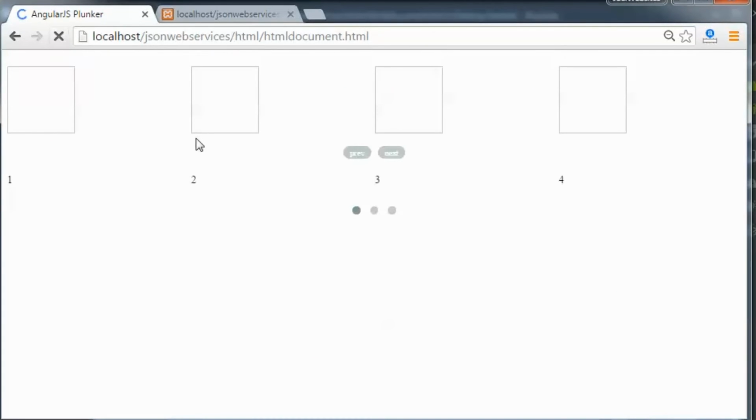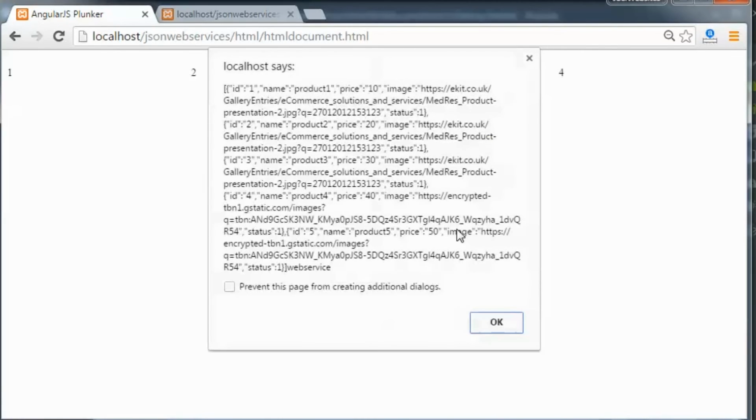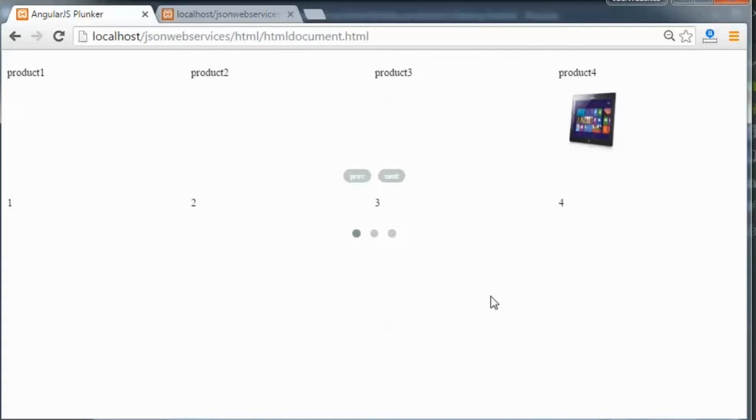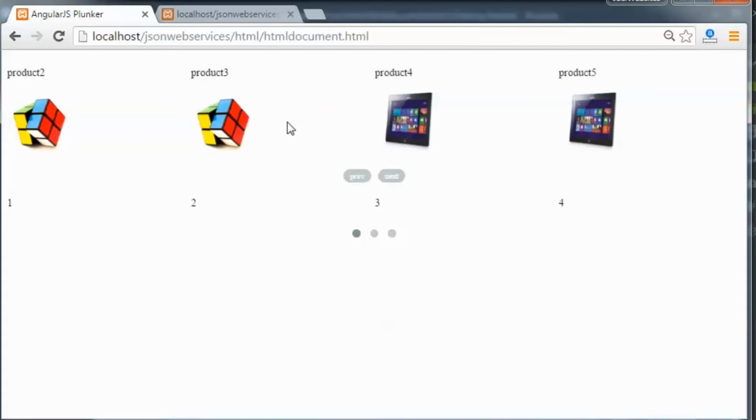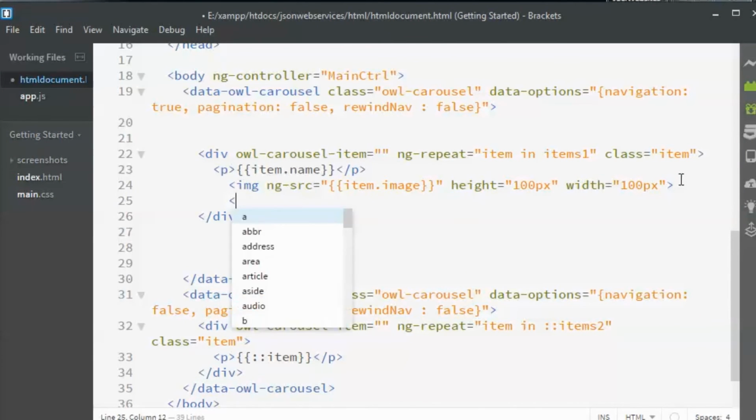Wait until the JSON is called properly. You see that the images are now loading. In a similar fashion, you can create add-to-cart buttons over here.